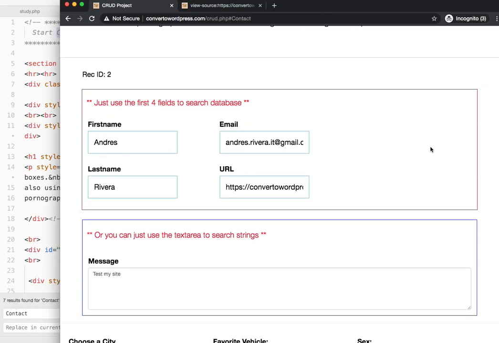It searched Andres. It knows that my name is Rivera. It knows that the URL is whatever. What is the URL? What we got here? Oh, it's the actual website / Andres. I kind of did that so I can recognize it in the database. I'm going to do that too. When the time comes at the very end of this form thing, that we're using all this data PHP to search and insert and update and delete, I'll show you how the actual